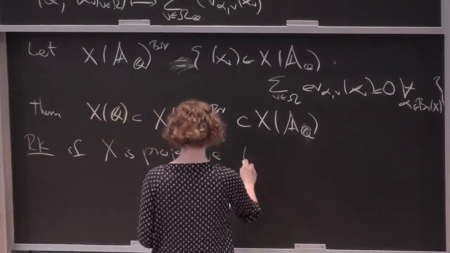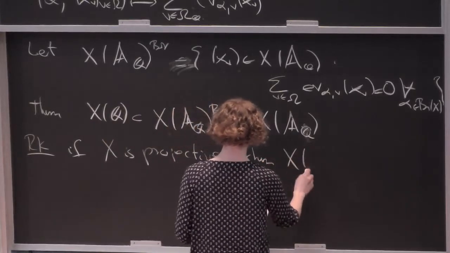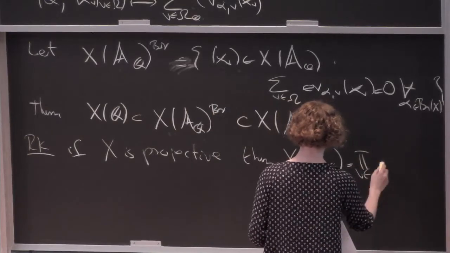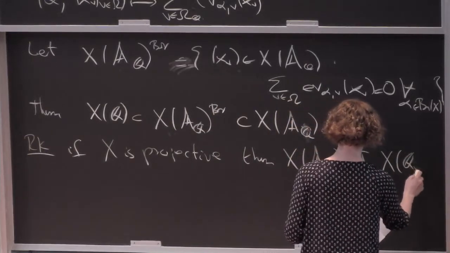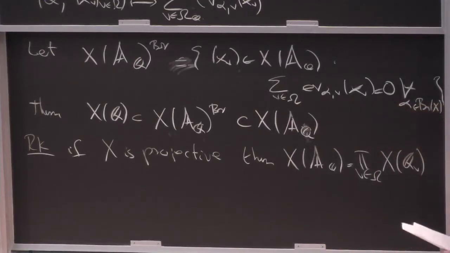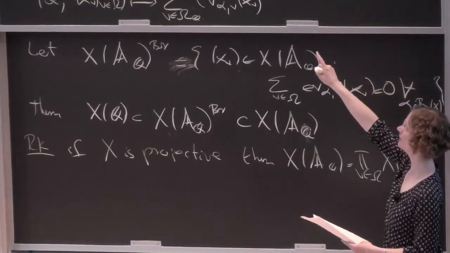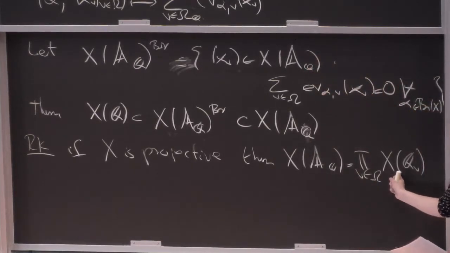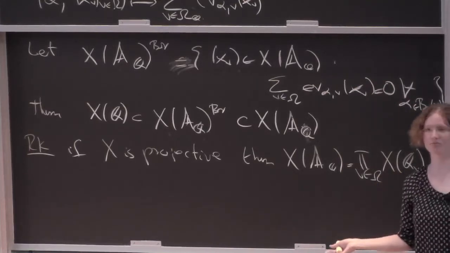So if X is projective, then the set of adelic points is just the product over all local points, and you don't care about integrality anymore. One key observation is that this pairing is well defined only on the adelic points, but not in general on this product set. That's an observation that Colliot-Thélène and Xu remark on in one of their papers as well.